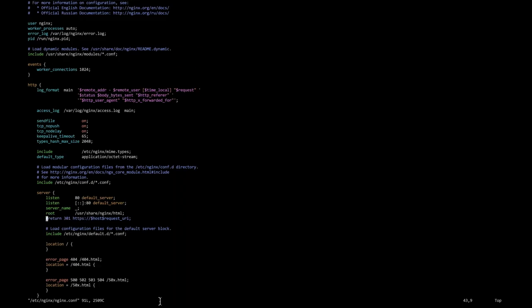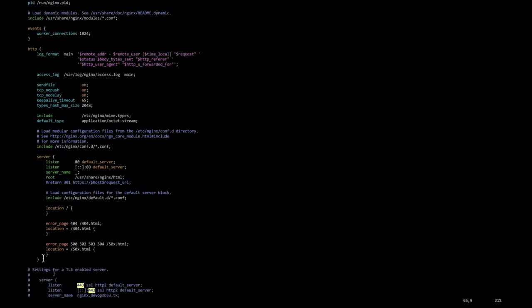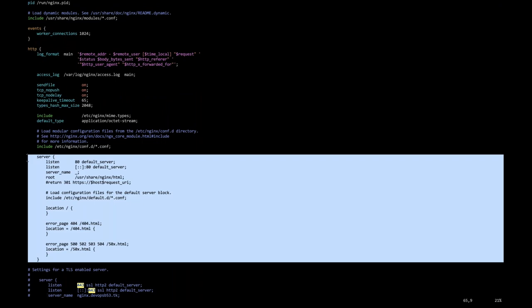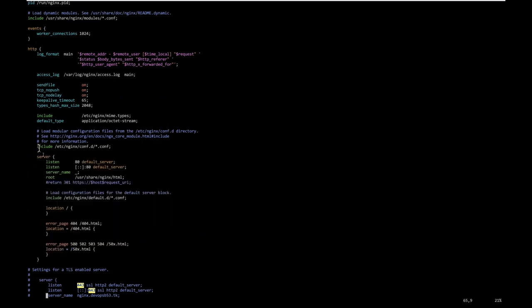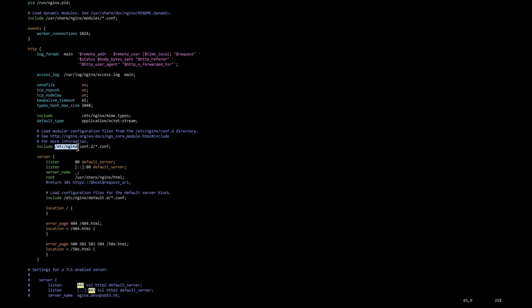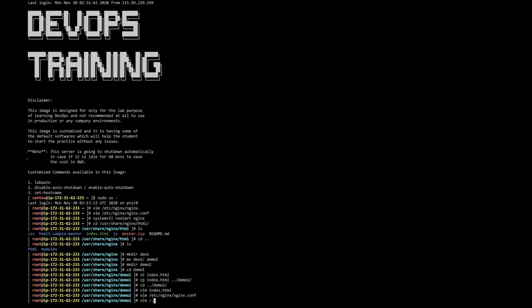So what are the two places where you add the configuration? In Nginx, one configuration is one server, one virtual host is one server. All the servers can be included from /etc/nginx/conf.d. There is a directory, and any file ending with .conf will just be loaded. So now I'll take this much of the lines, and I'll go to vim /etc/nginx/conf.d